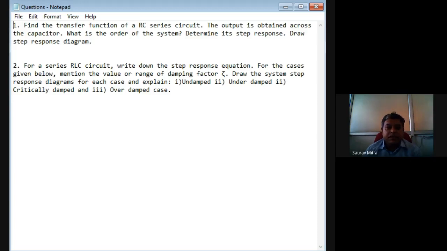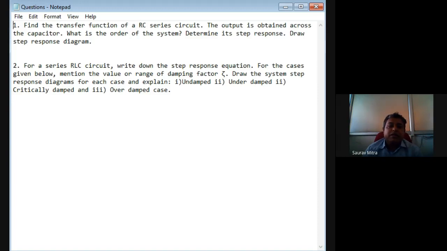What is the response of the system, how does the output look like, what is the output equation, how to determine the transfer function, what is the order of the system, and all. The same kind of thing we have to do in the second question for RLC, that is a second order system. In the first lecture I told you, if the system is having one capacitor or one inductor, a single circuit is a RC circuit. So RC circuit means order is 1 because there is one capacitor. RL circuit means order will be equal to 1 because there is only one energy storing element, the inductor.